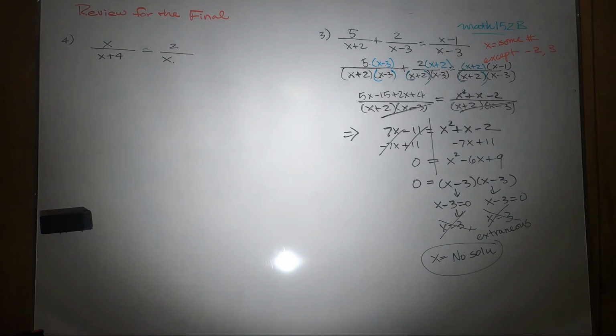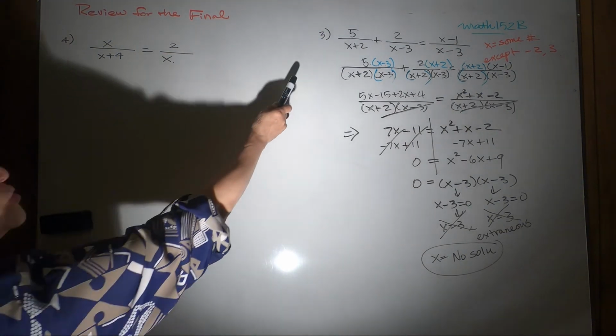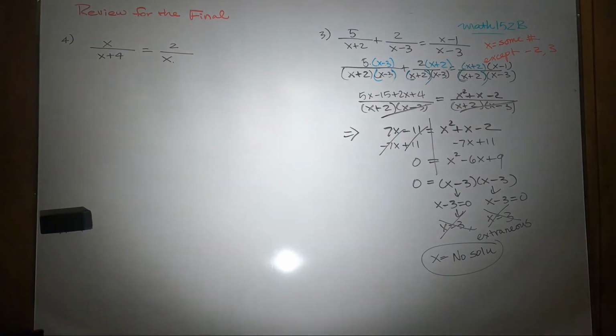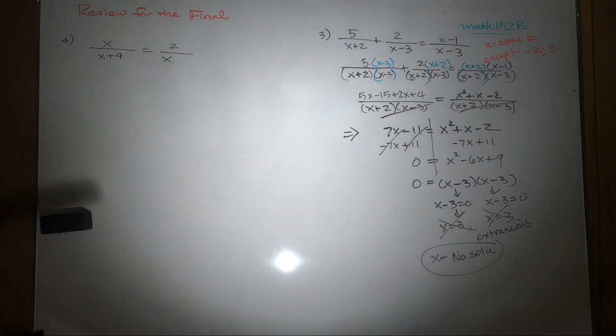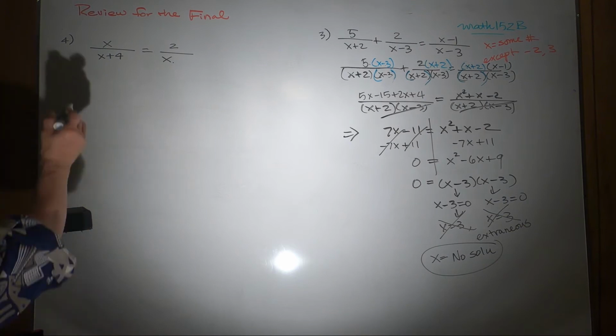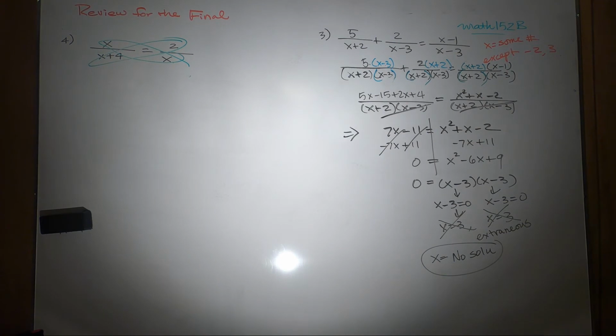What's the difference between this question and number 3? Number 3 is more complicated, right? So we make a single fraction for both sides, then we can eliminate the denominators that way. We can do the same thing for this, use LCD. But because it's a proportion, we can just use a shortcut, right? What is your shortcut? One single fraction and one single fraction, we can just do the hot dog method, cross multiplying,